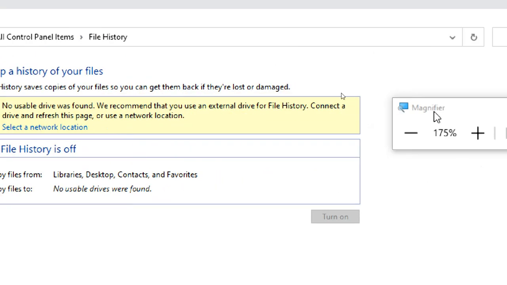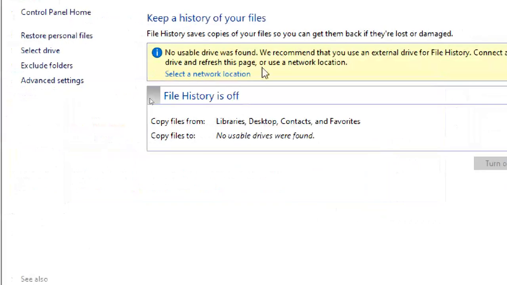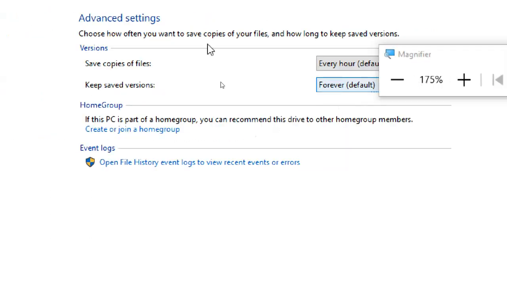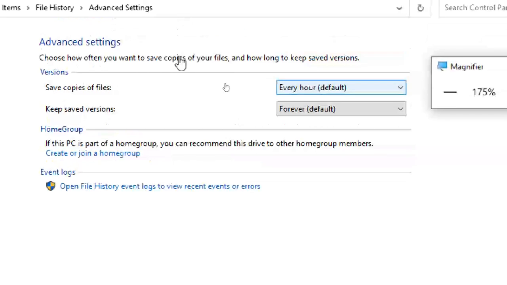So what you will do, you can save the data in a different location. Different location means a network location, like my central storage server, or an external hard disk, or OneDrive. You can store in OneDrive also. When it does the backup, you need not do the backup manually.